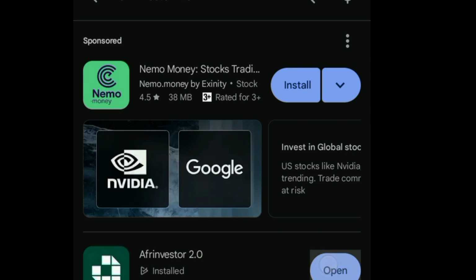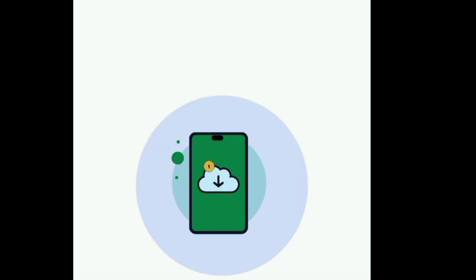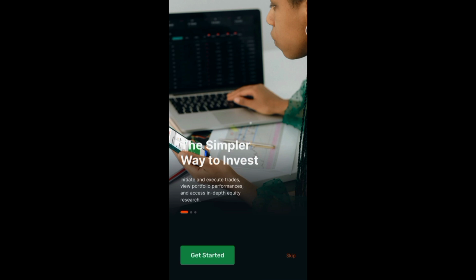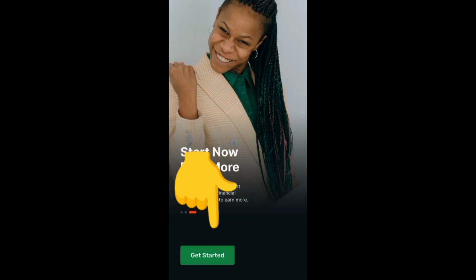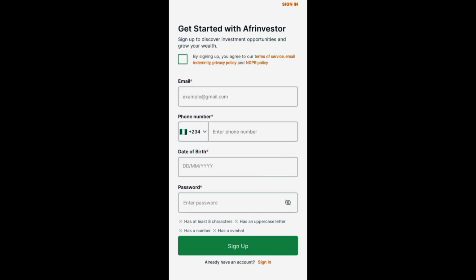Then you click on open. Once you click on open, it will load up. And don't forget that if you have to do this, your data should be on. So you click on reload app and it will open up this interface for you where you click on get started. Get started, read through all of this that you have here and click on get started